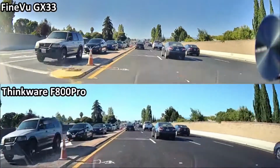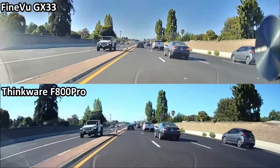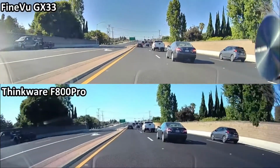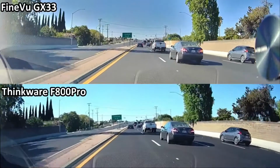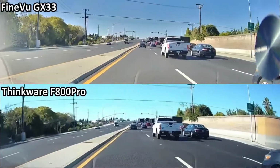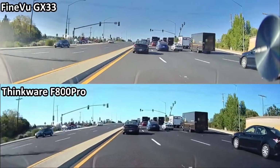Let's look at the daytime recording. Up top we have the FineVu GX33, and on the bottom is the Thinkware F800PRO. I think immediately you can tell that the Thinkware has a greater level of contrast. We see deeper blacks and lighter colors, but that doesn't really add to the picture quality,